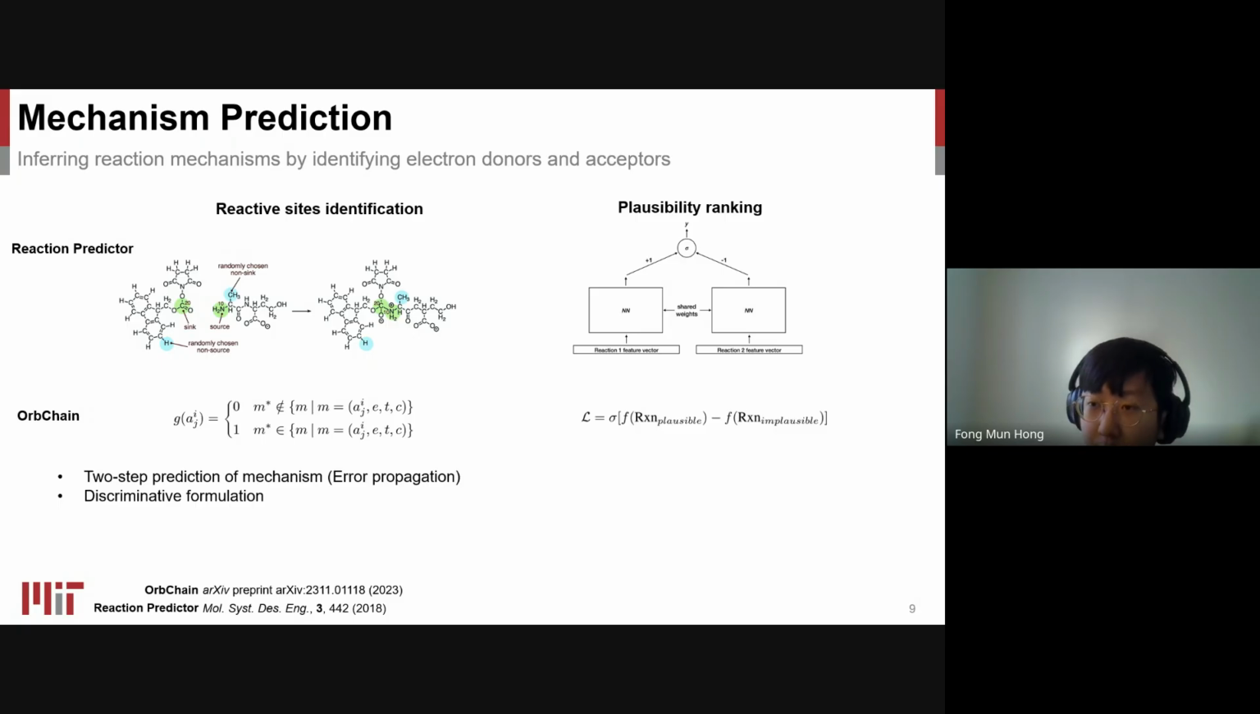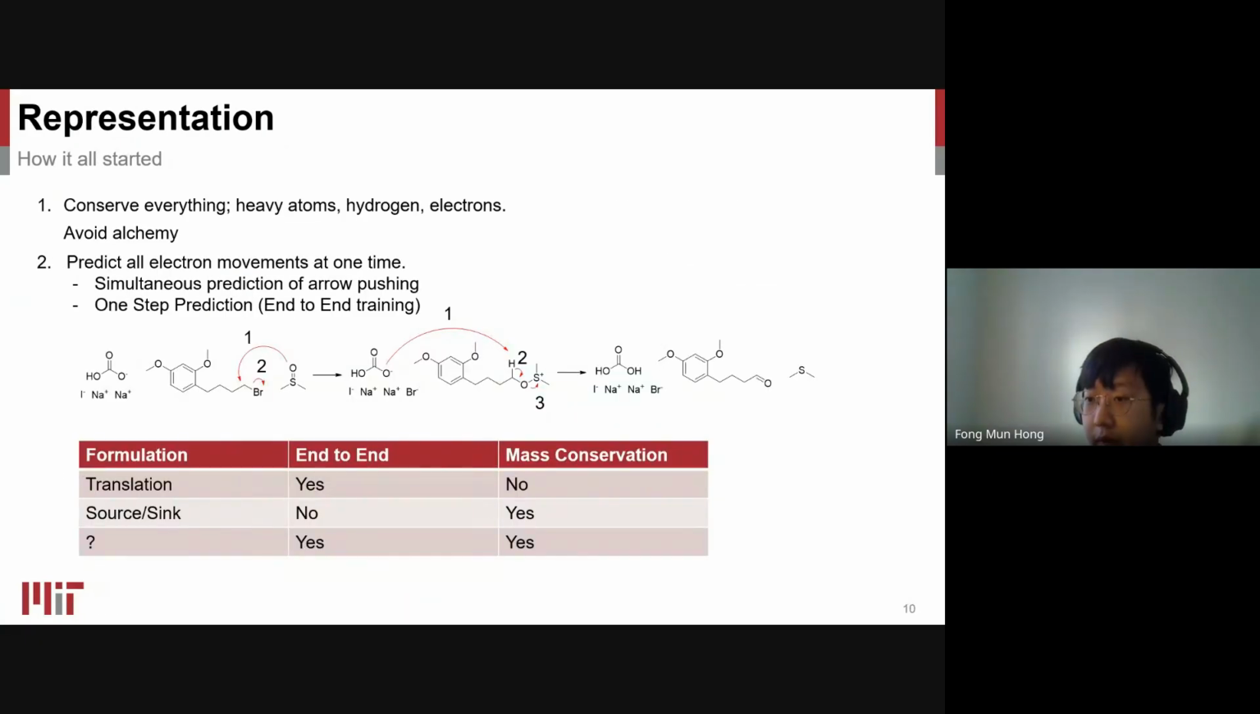But at least for us, we do not really like this formulation, because there are two steps where you identify the reactive sites and then rank those reactive sites. These models are trained separately, so there are potentially problems of error propagation. So we thought that there could be a better formulation to think about such problems. So, to go back to the motivation,